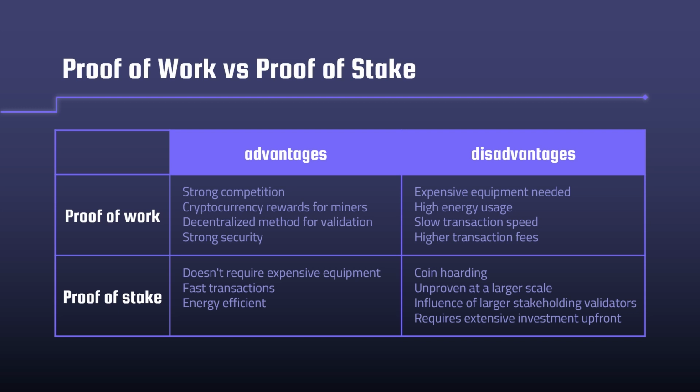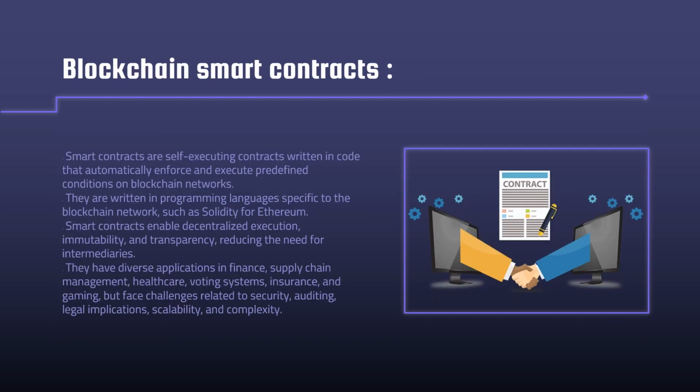Proof of work is more secure and decentralized than proof of stake, but it's also slower and more energy intensive. Proof of stake is faster and more energy efficient than proof of work, but it's less secure and more centralized. Blockchain smart contracts. Smart contracts are self-executing contracts written in code that automatically enforce and execute predefined conditions on